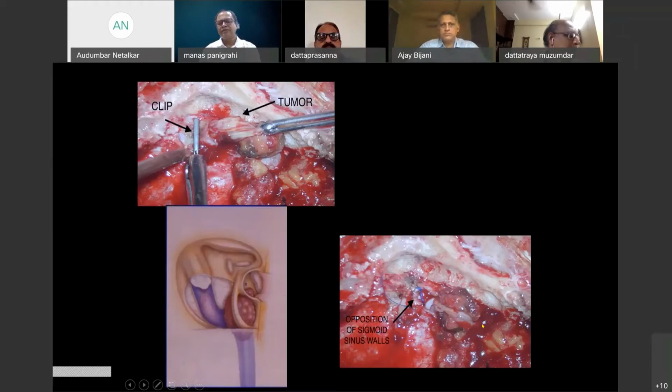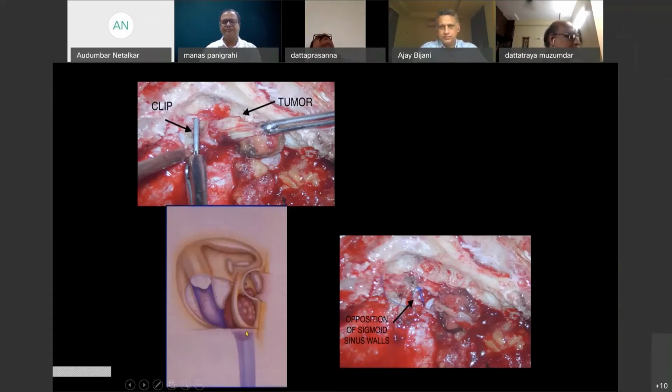This is a diagrammatic representation where you can see that the facial nerve is not transposed. One works from the posterolateral angle, exposing the sigmoid sinus, the jugular foramen, as well as the internal jugular vein in the neck. So one works posteromedial to the facial nerve and removes the tumor. So the facial nerve morbidity is reduced in this kind of approach.